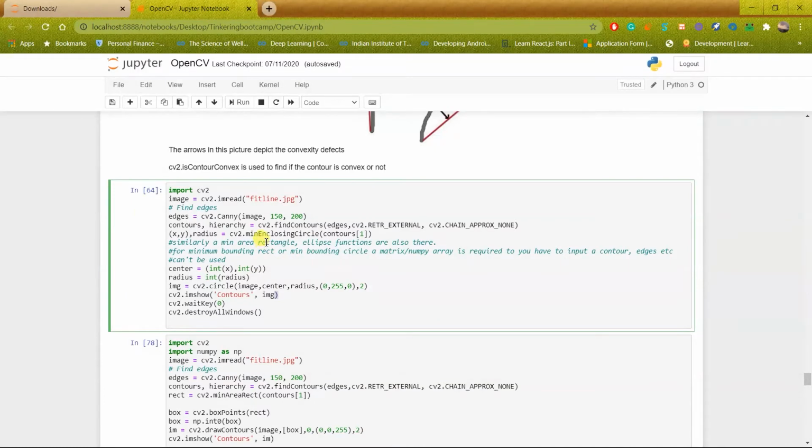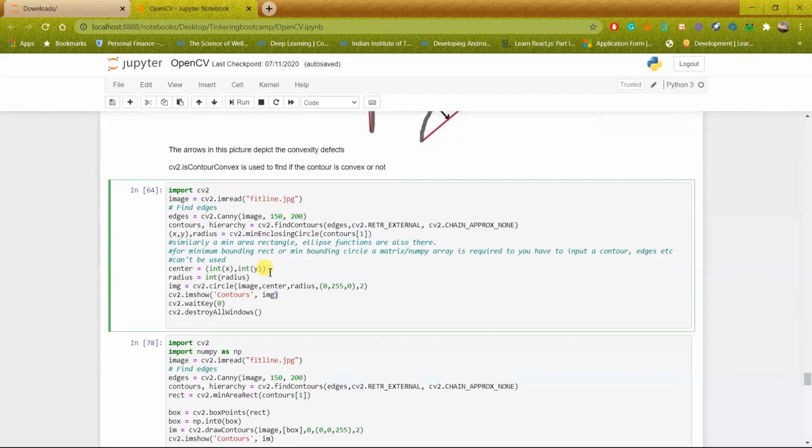Okay, so after that the output of minimum enclosing circle is the center, the x and y coordinates of the center, and after that the radius. Okay, so I have used center is equal to int x int y. So I use the int function here, so that is to round off the coordinates. So the output from the minimum enclosing circle will be in the float format, in the decimal format.